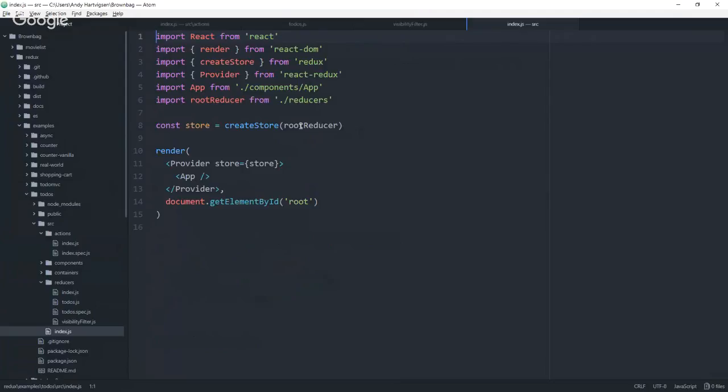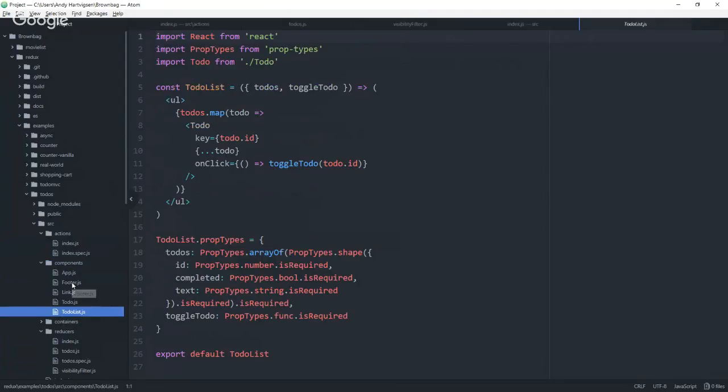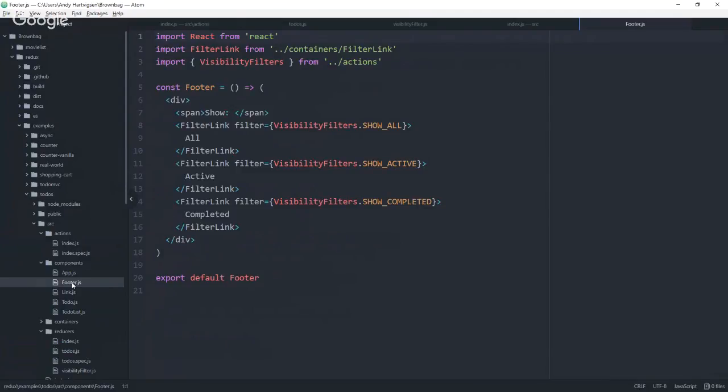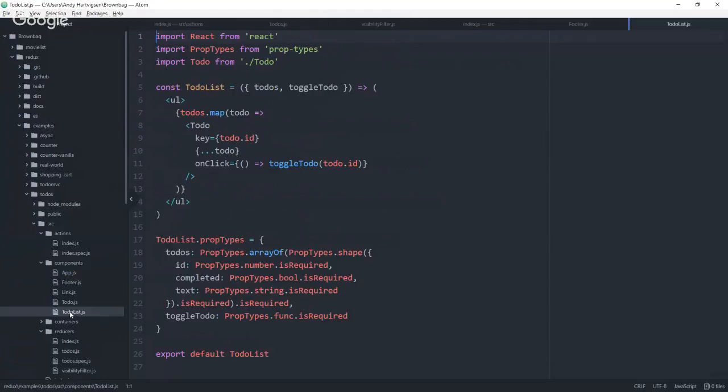And then if we want to look at the components, let's see, I think it's in the footer. Yeah, okay, so the footer has the visibility, the links to set that visibility filter. And then select the to-do list. This is mostly just React, other than right here, we're calling this toggle to-do, which is the function